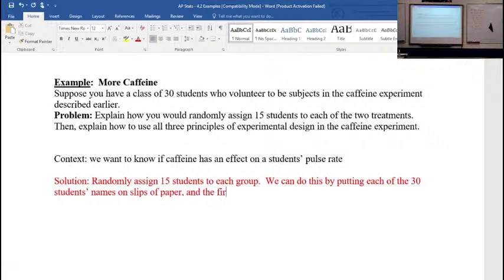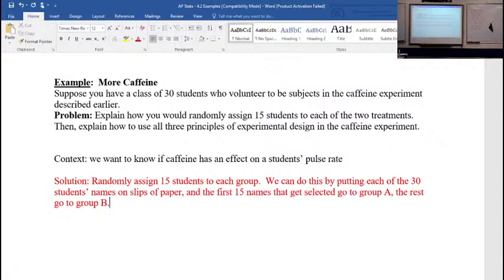And the first 15 names that get selected go to group A. The rest go to group B. So that is our random assignment. That's thing number one we need to say. Thing number two we need to say